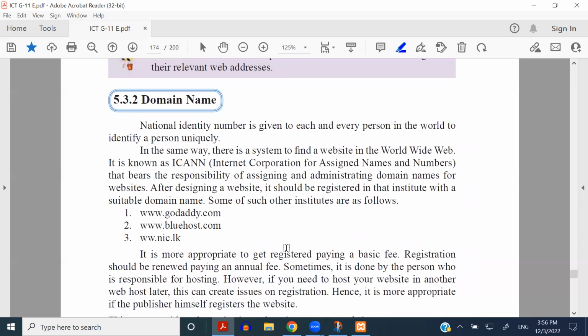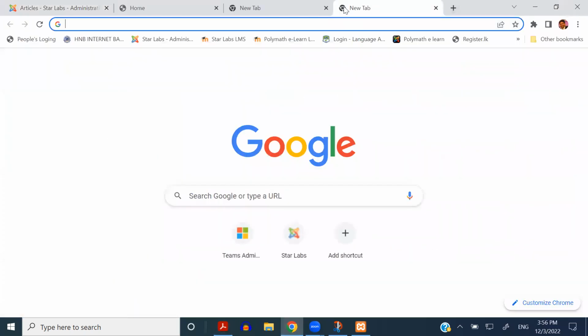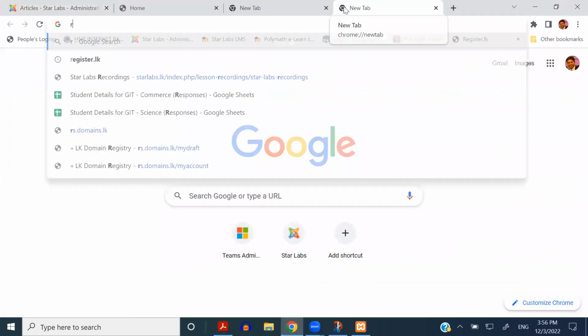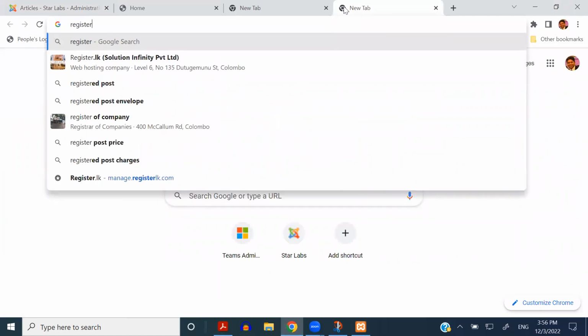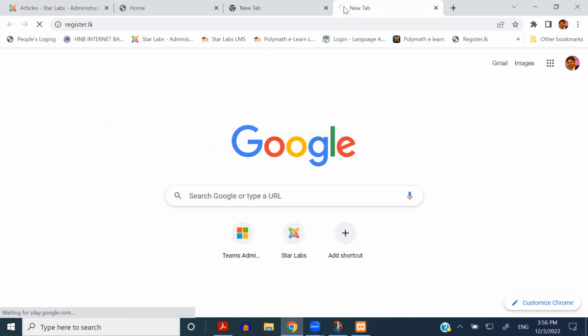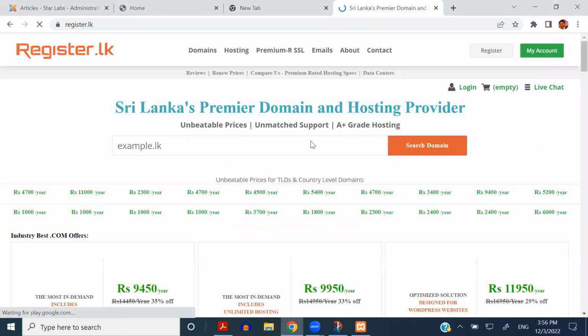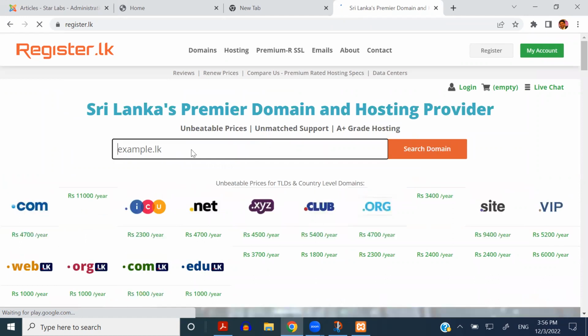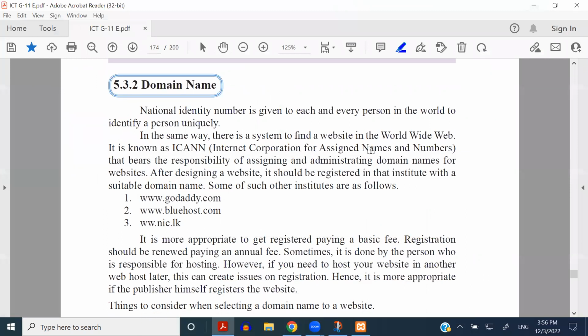And the domain name, as I told you, you have to buy a domain name from websites like register.lk. I think I have shown you that as well last week, right? So if you visit websites like register.lk, you can purchase a particular domain name, right? So once you have those two,